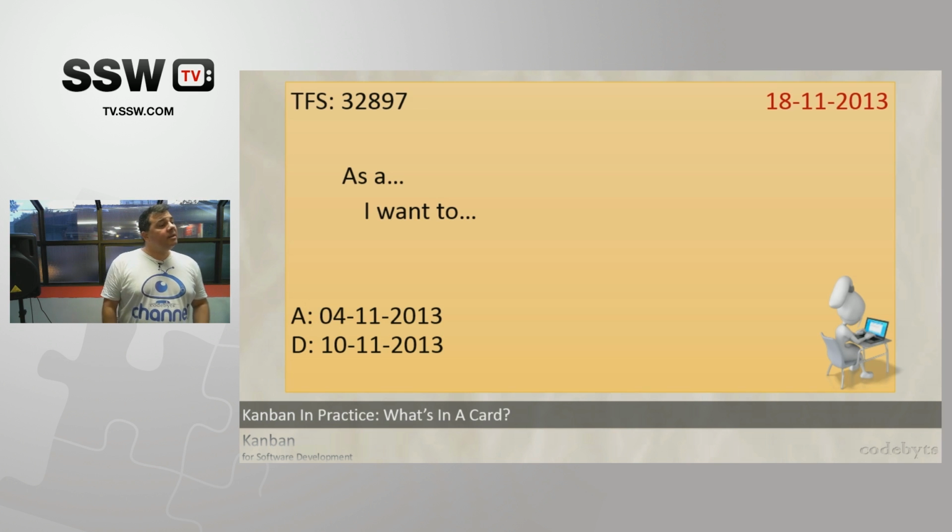So what does a card look like? We see all these little post-it looking things. The reason I use post-its is that almost all of the physical Kanban boards that I showed you were using post-its. It's because they're easy to move around. But our cards, in the simplest way,